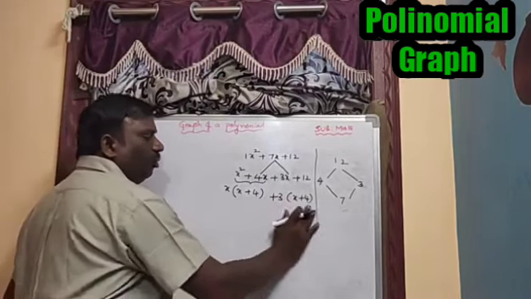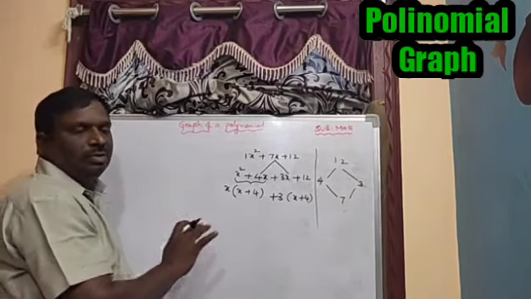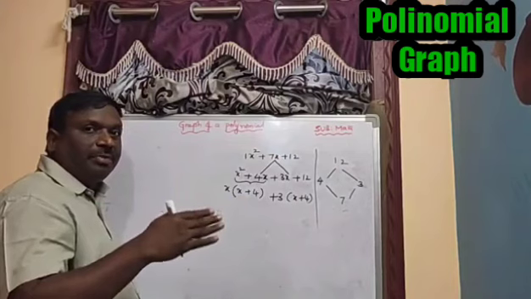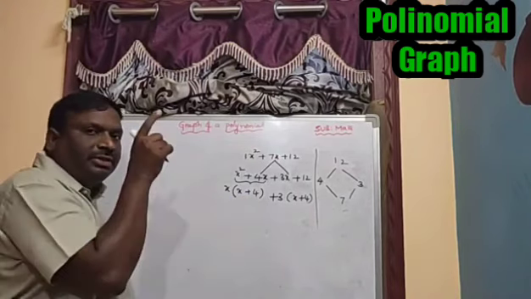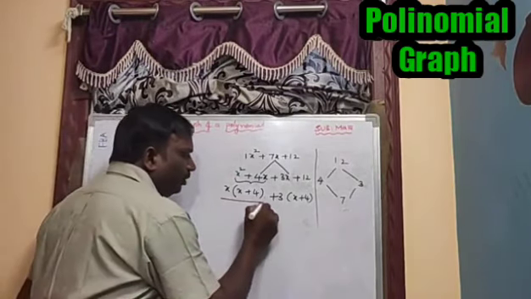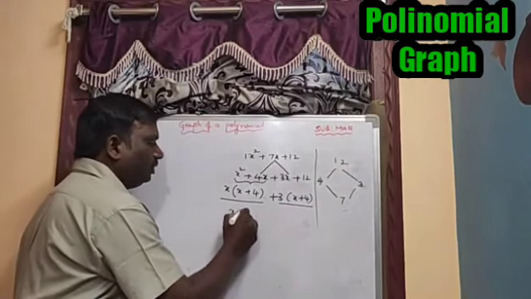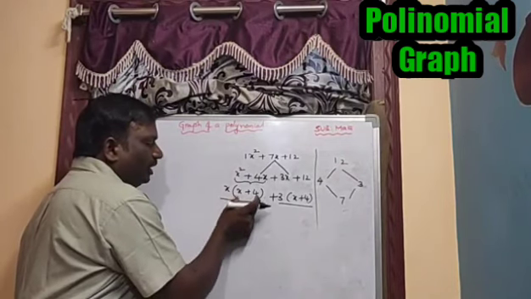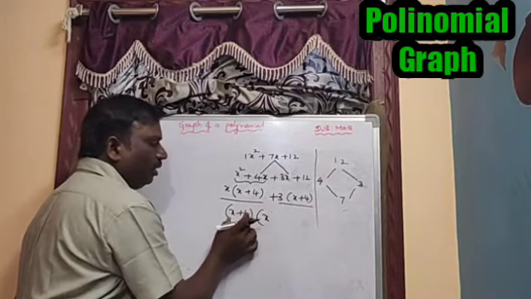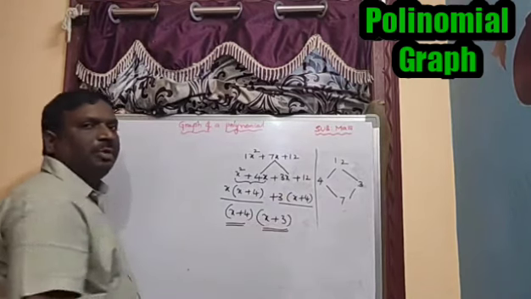Okay. So now here how many terms are there? Simply they are thinking 1, 2, 3, 4, 5, 6. Not 6 terms. Only 2 terms here we are having. In the previous session I already explained about terms also. Each and every term is separated by addition sign or subtraction sign. If it is there in the bracket, that will be taken as only a single term. So from here to here one term, from here to here another term. From these two terms, what is the common factor? X plus 4 is the common factor. And if x plus 4 comes out, then remaining value from the first term is x. If x plus 4 is taken common, then remaining value is plus 3. So the factors are x plus 4 and x plus 3.